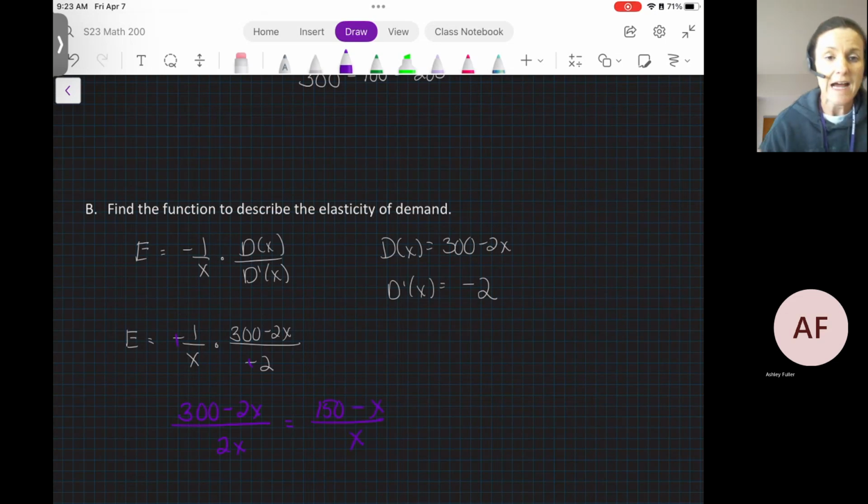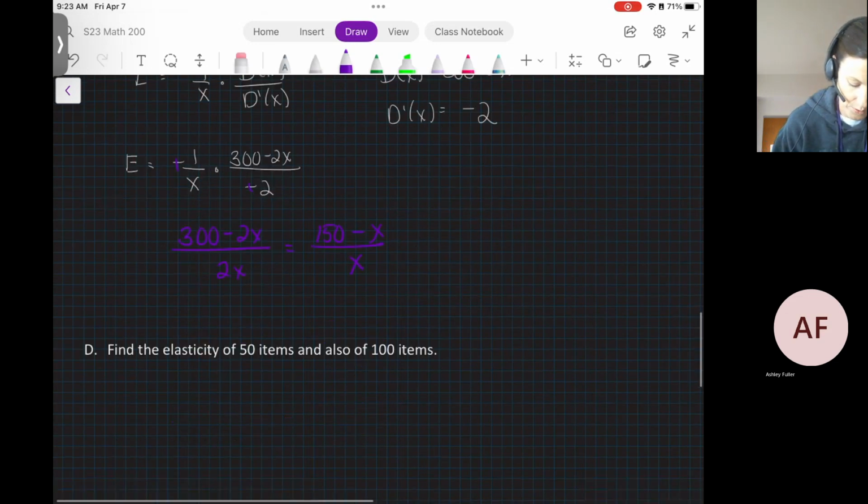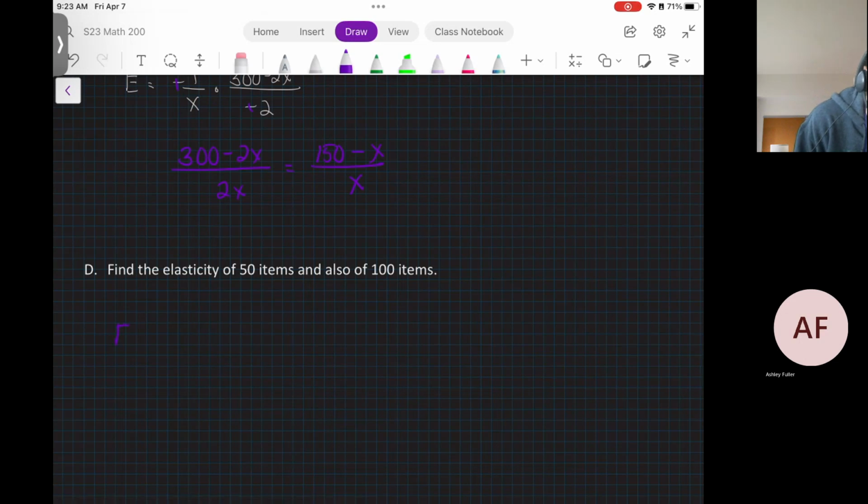Now we can calculate the elasticity at various numbers of product being sold. If I wish to calculate the elasticity of 50 items, I'm going to do 150 minus 50 over 50, which gives me 100 over 50, or 2. This is greater than 1, so this is an elastic situation, which means that it's a luxury item. If I raise the price, then my revenue is potentially going to go down